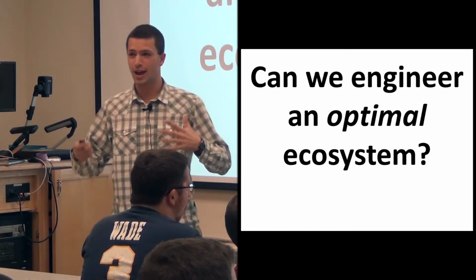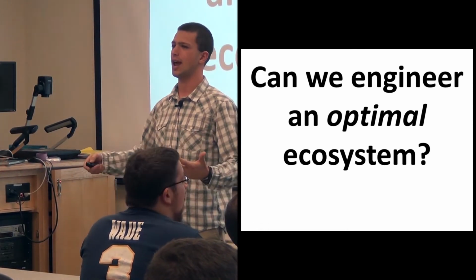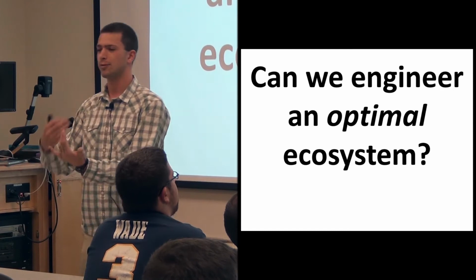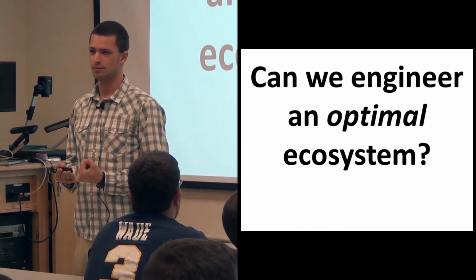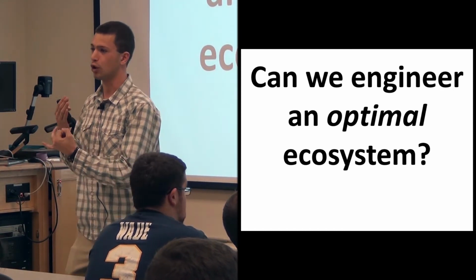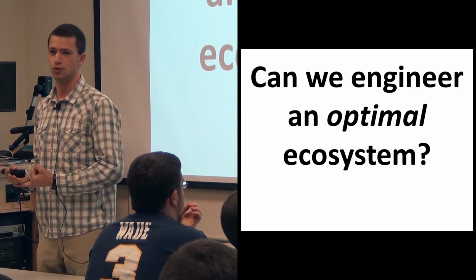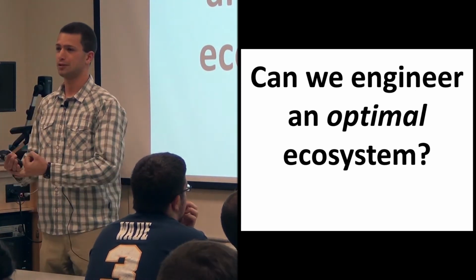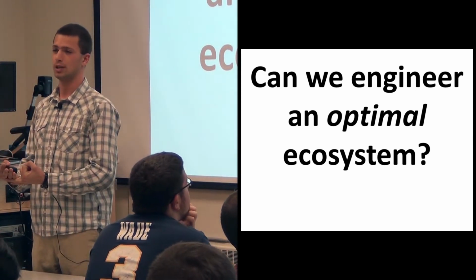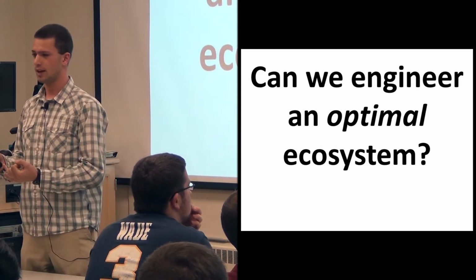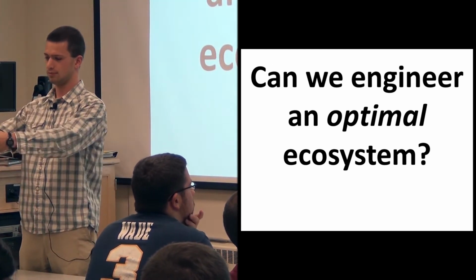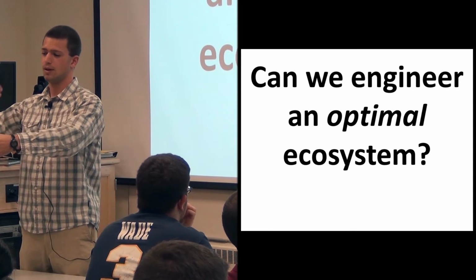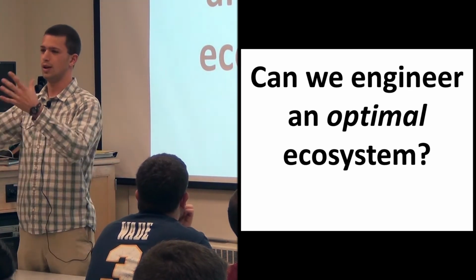So can we actually do this? This is the fundamental question I'm trying to ask here: can we take our mathematical understanding of biology, and can we take the goals that we want an acre of land to do to make the world an awesome place and solve the problems that need to be solved? Can we take those things, and can we create a system, artificially maybe, that does what we need it to do in an optimal way?